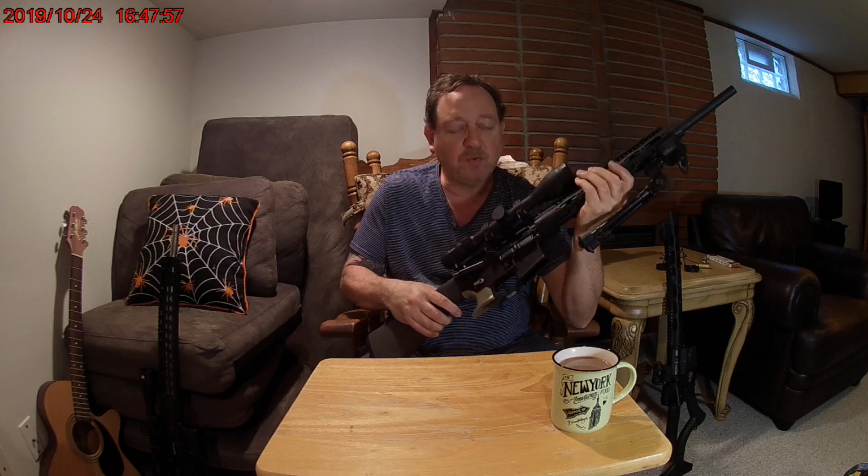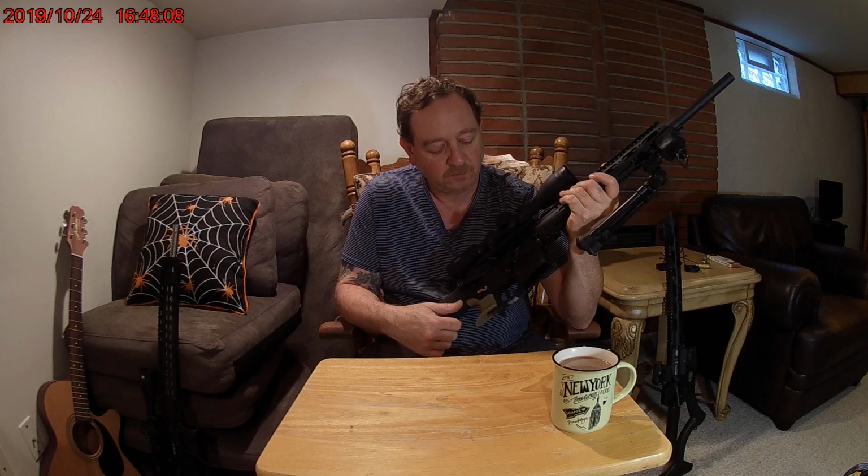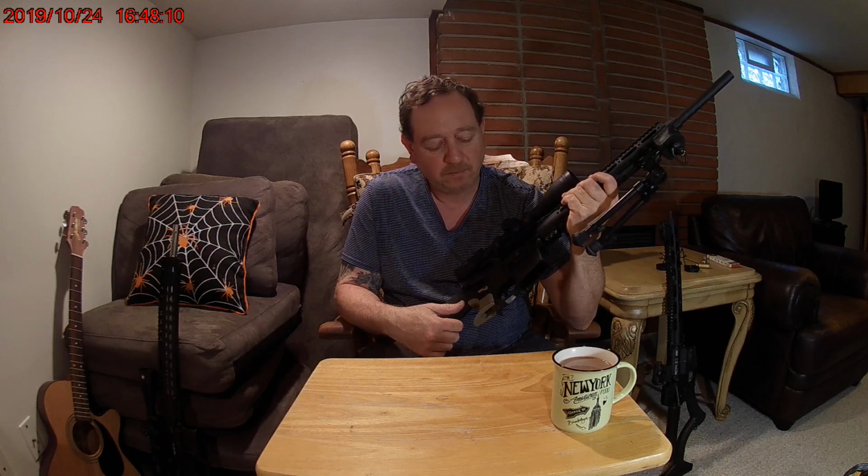I'm not sure which bolt carrier I have in this. It's not nickel boron. I did have some other special made one, but so again, oh, this has a POF trigger,